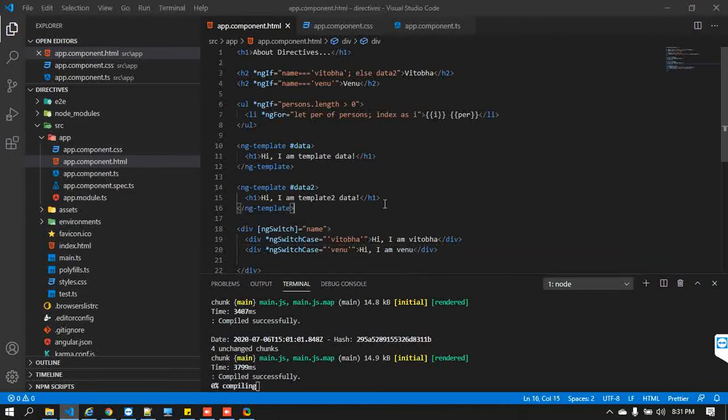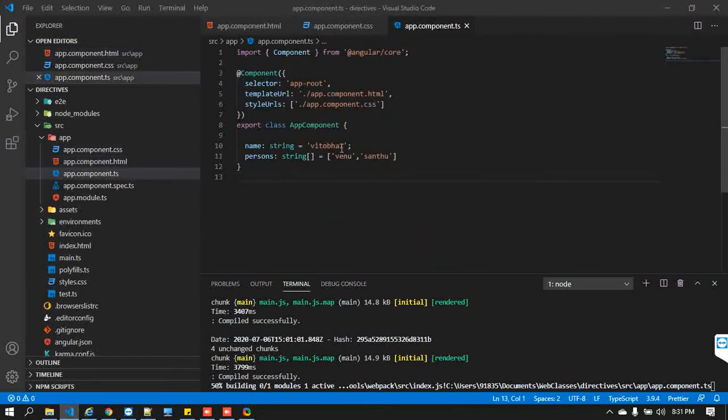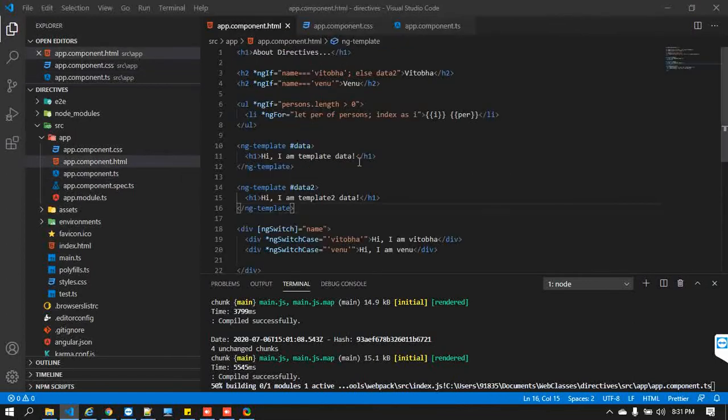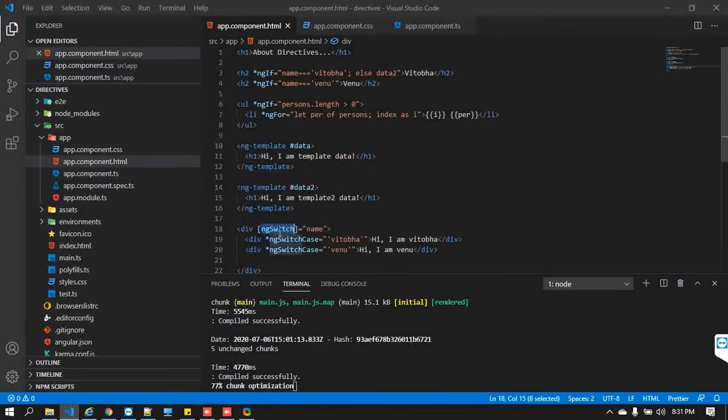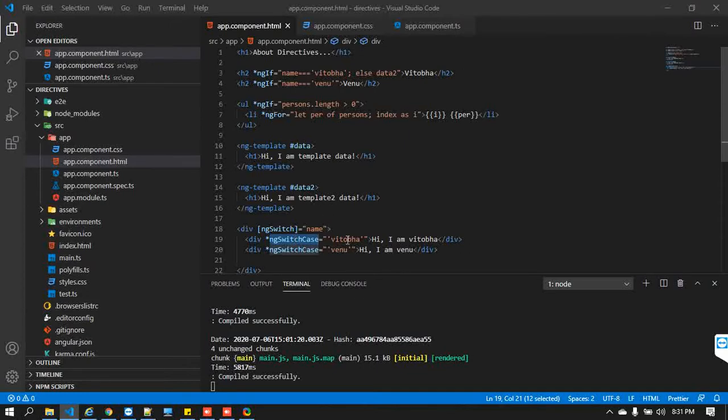Now save it. What I'm passing actually, if you look here, is Vitoba. So what is the name value at this moment? That is nothing but Vitoba. This Vitoba will be moved to ngSwitch, and ngSwitch internally will pass that value to all the ngSwitchCase directives. If that respective name matches with this value, then it will add this DOM element to your document. If it is not matching, it won't add.